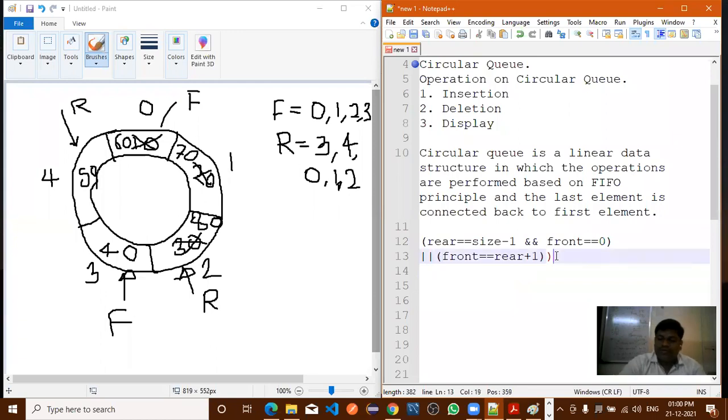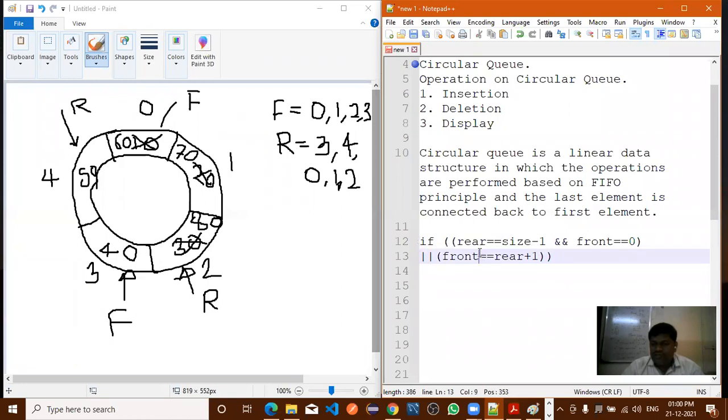Here we'll write the bracket. One more bracket we need to add here. If rear equal to size minus 1, logical and, front equal to 0, or front equal to rear plus 1. So either these or either these.